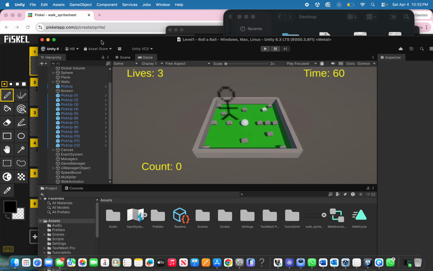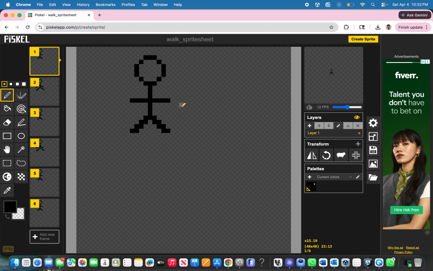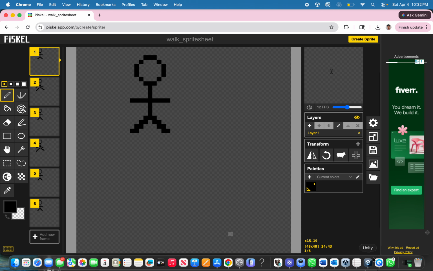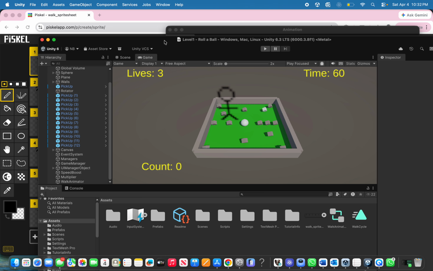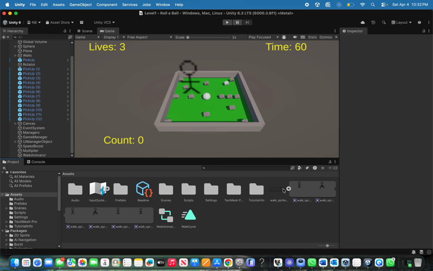pixel part. Okay, so yeah, this is the second animation, a sprite sheet. Okay, I'll show it in Unity first. Here you can see the sprite sheet and flip animation. This is my second animation, a 2D